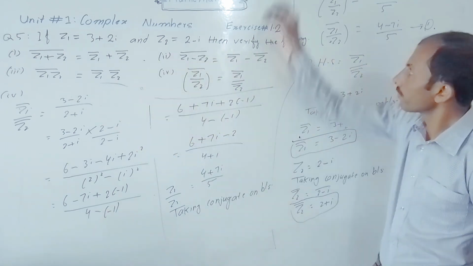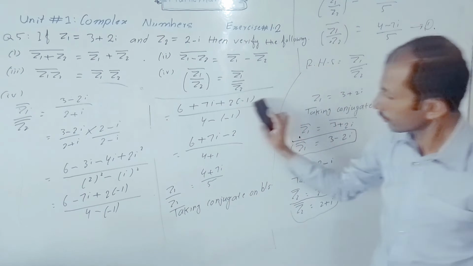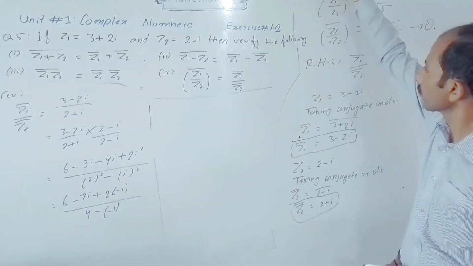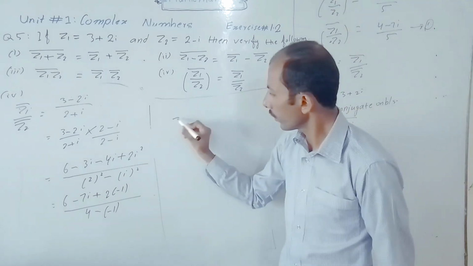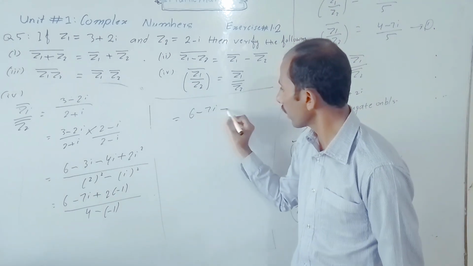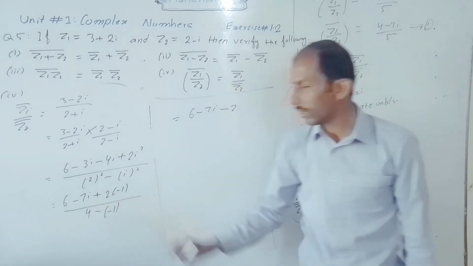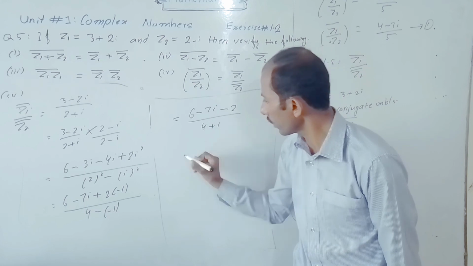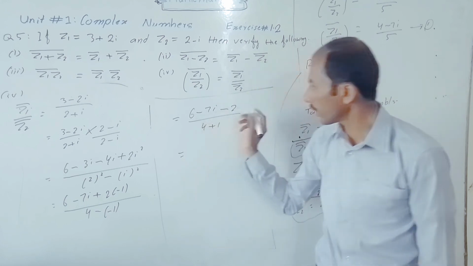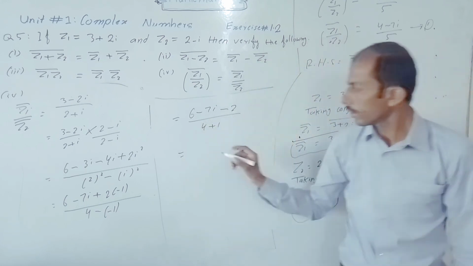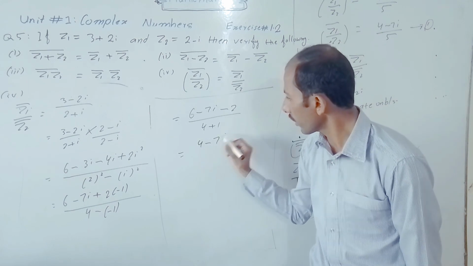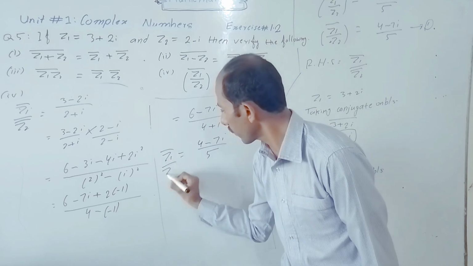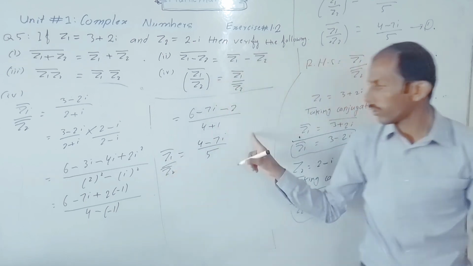So next, which is equal to 6 minus 7i minus 2, divided by 4 plus 1, which is equal to 6 minus 2 is equal to 4 minus 7i divided by 5. So Z1 conjugate divided by Z2 conjugate is equal to 4 minus 7